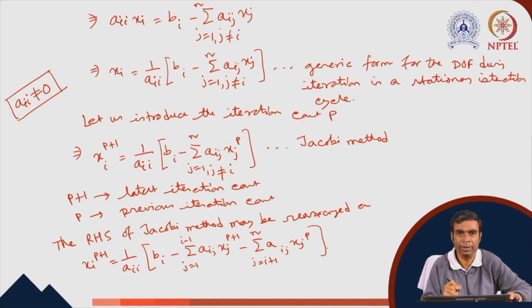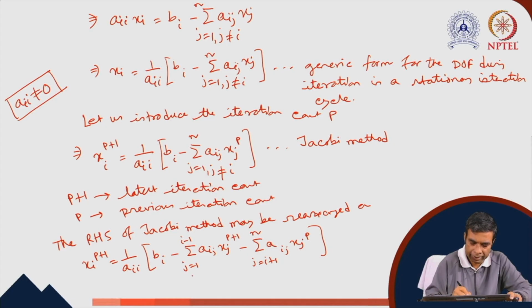This modification of the matrix vector product results in significant improvement of the convergence rate using the Gauss-Seidel method. So in this case, this is a modification